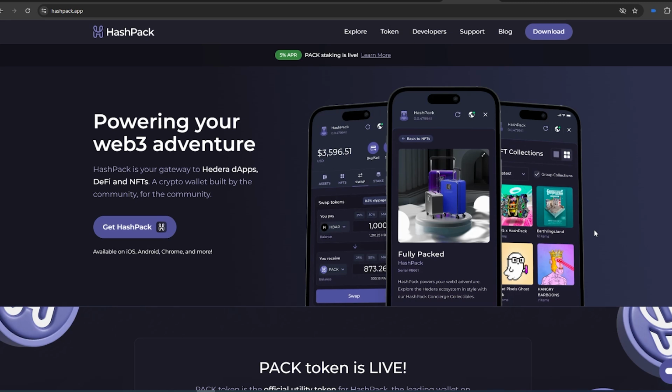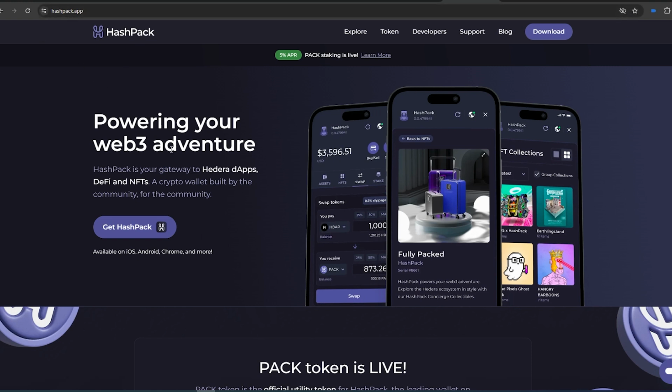What's up everybody, in this quick video I'm gonna show you the best Hedera or HBAR wallet, and this wallet is called HBAR. HBAR is available in different ways. You can download it on mobile, you can download it as an extension, or you can open it in a web browser by itself. To get started, you just have to go to hbar.app, and I'm gonna leave a link in the description